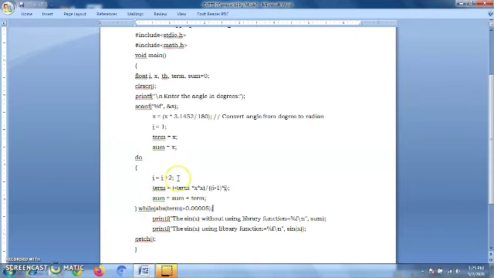The first one is I equal to I plus 2. So initially I equal to 1, and here to generate the next term we have to increment the value of I by 2, that is we have to add 2 to this I, that is I equal to I plus 2. Why? Because we have to consider only the odd powers of x, and you just remember this I indicates the power of x. So for the first term x, the power of x is 1, so that's why I is equal to 1. To generate the next term, it is x cube, so the power of x is 3, so that's why I equal to I plus 2. So I is 1, 1 plus 2 it becomes 3, so the value of I will become 3 here.